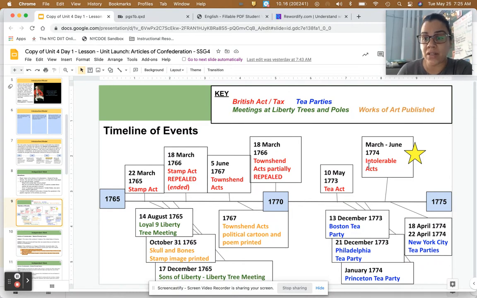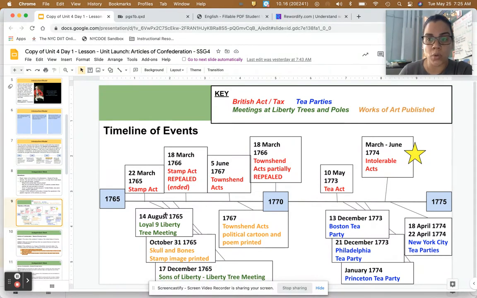The Intolerable Acts, all of the unjust laws that King George placed on the colonists, and how British soldiers had to live in colonist homes, and colonists had to make sure that they were living comfortably. And colonists had to pay for the British soldiers' living expenses. All the tea parties that happened in Boston, Philadelphia, New York, and Princeton, and how King George lost a lot of money because of these events that were a symbol of protest. The Sons of Liberty,